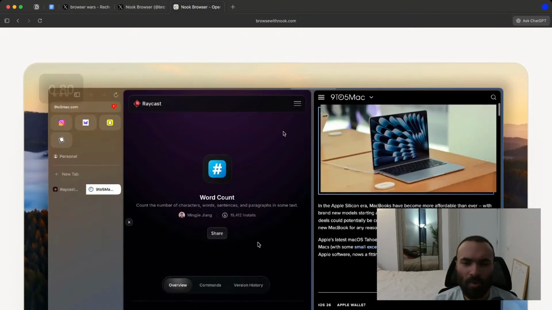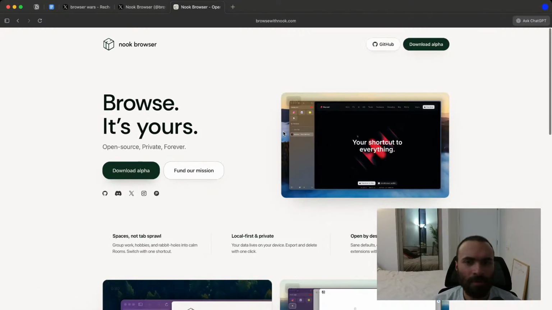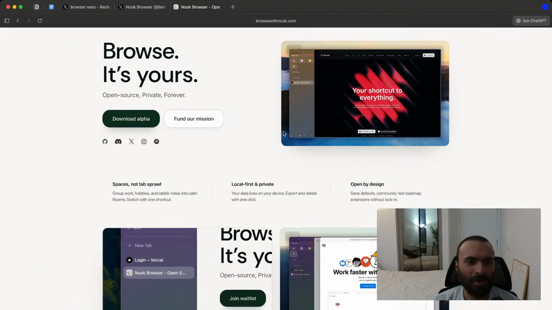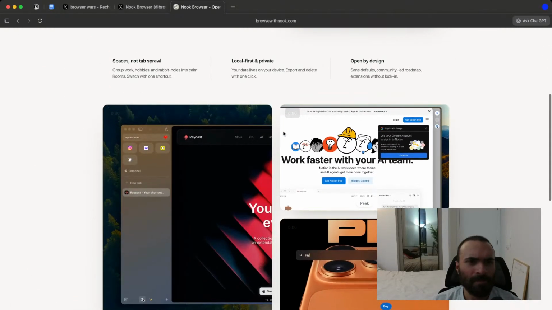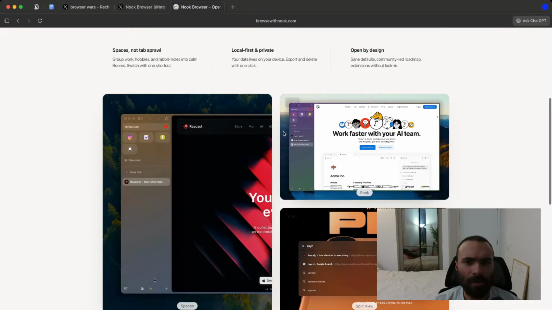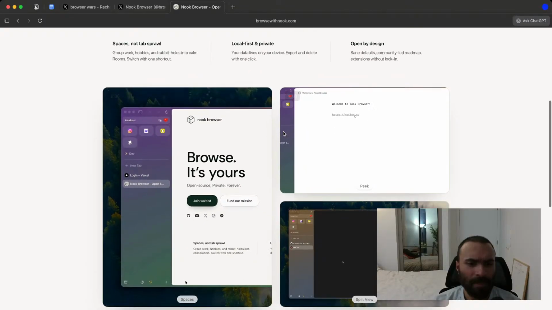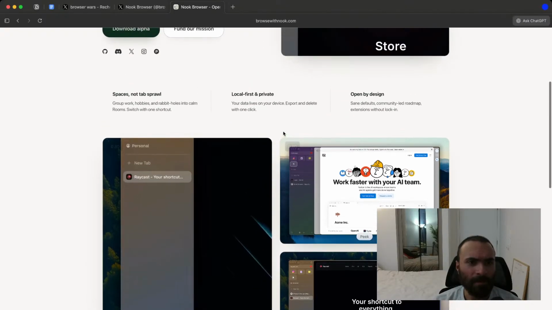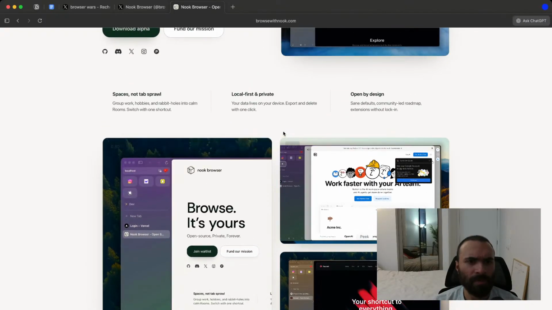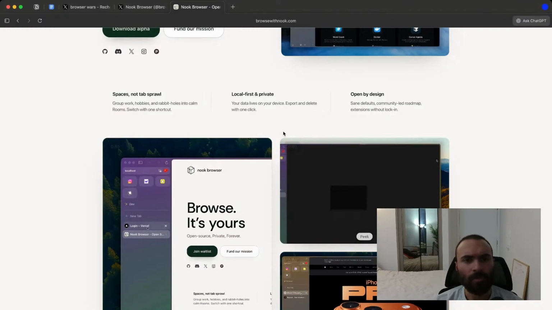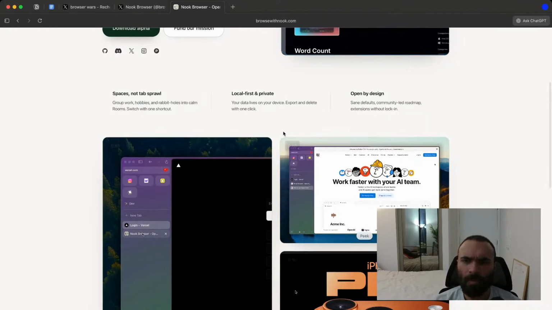They made an open source version of Arc. Spaces, not tab crawl. I love this. This is amazing. This is actually amazing. Okay. Group work, hobbies and rabbit holes into calm rooms. Switch with one shortcut. Open by design.